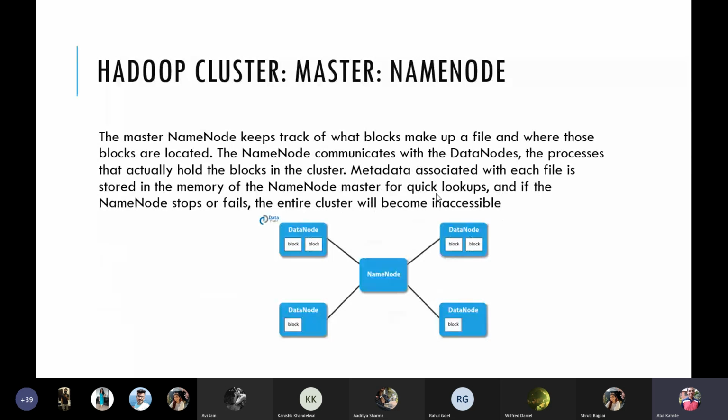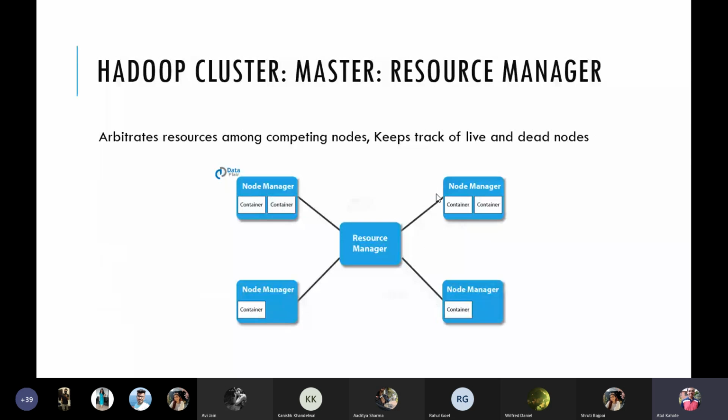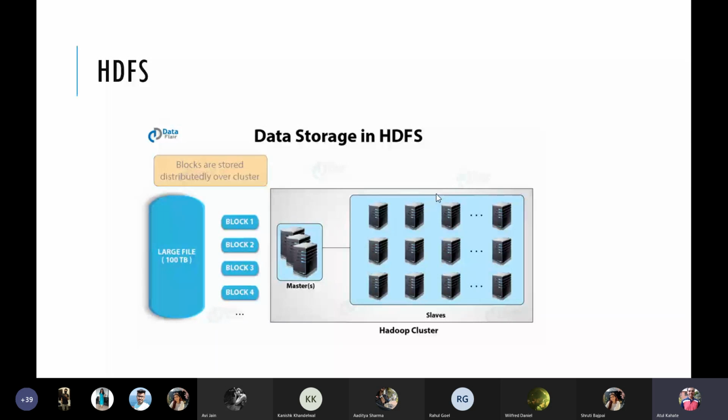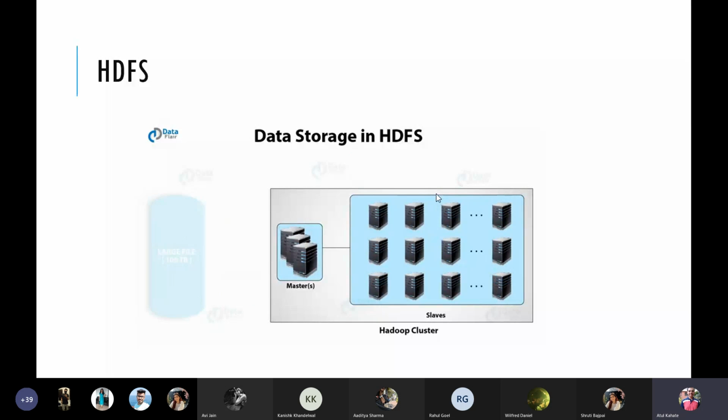So what we also need to understand besides this is how does Hadoop actually store data? So how does HDFS, for example, save or store the data that we give to HDFS?